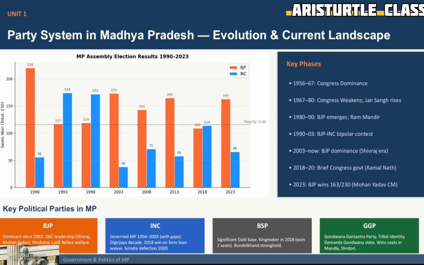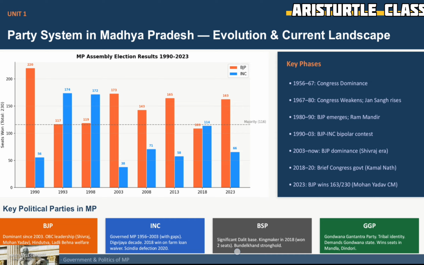Currently, we have our Chief Minister in MP, Mohan Yadav, and they call it double engine sarkar. That means in the center there is a BJP government, and in the state there is a BJP government. So they claim that the speed of the train of development would be doubled with this. We had a significant Congress era in MP.